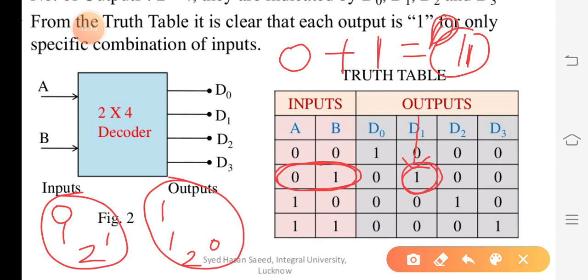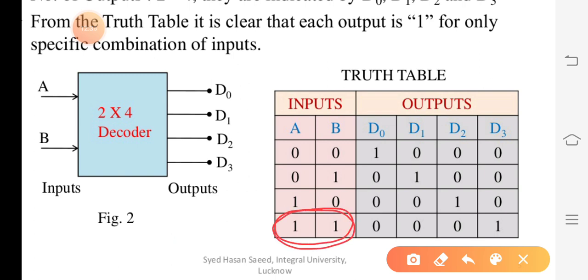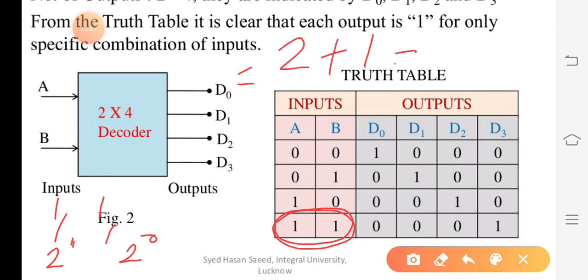Now this will be active and all the other entries will be inactive, so for the active signal we will represent it by the value 1 and for the inactive ones we will represent it by the value 0. Now moving on to the next combination, if I take 1 1 as the binary number, now I want to generate the decimal equivalent of it, right? So here 1 1, it will get multiplied by 2 to the power 1 and 2 to the power 0. 2 to the power 1 is 2, 2 into 1 is 2 plus 2 to the power 0 is 1, 1 into 1 is 1, the answer is 3.